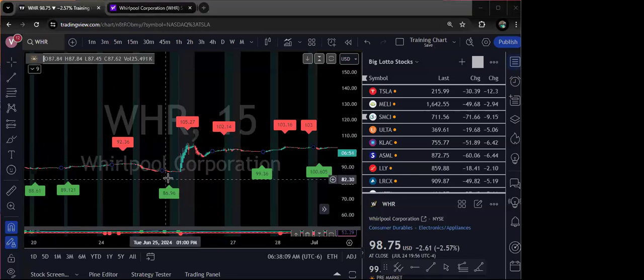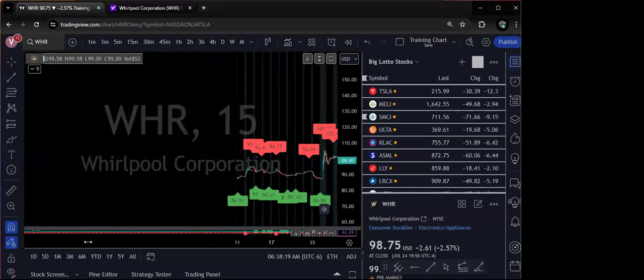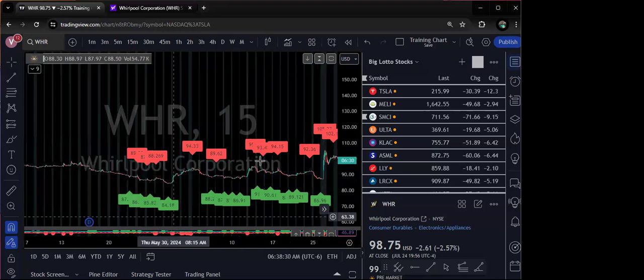On the 26th, pre-market, this stock went from 86 to 105. Previously, Whirlpool was just going down. It's been bearish. There were those stocks that were tired of being bearish. So it was just dropping. I didn't think it hit a 52-week low and then went up and then was kind of going sideways and then